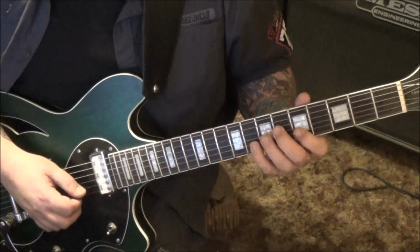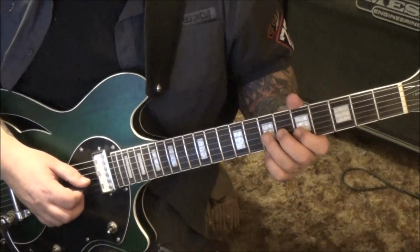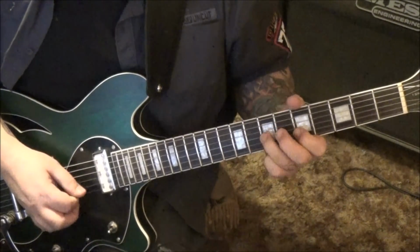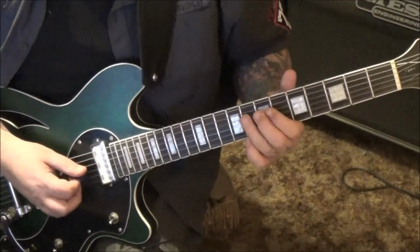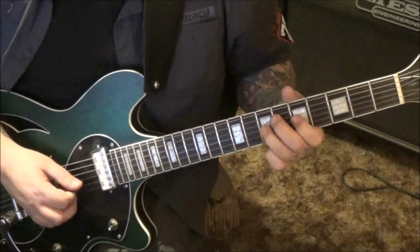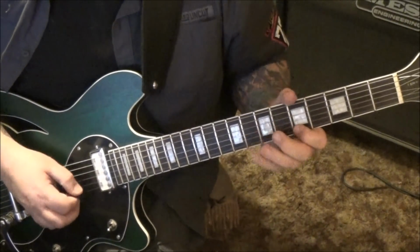8, 5, 8, 5 on the B. On the G, 7, 5 3 times. So okay, top of page 4. 7, 5, 7 D vibrato. So it's, and once again you can see